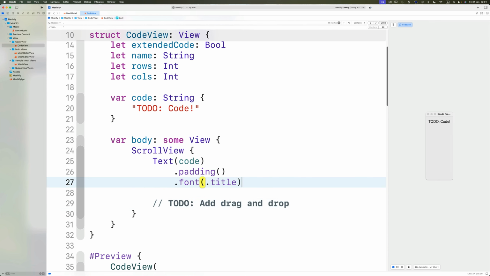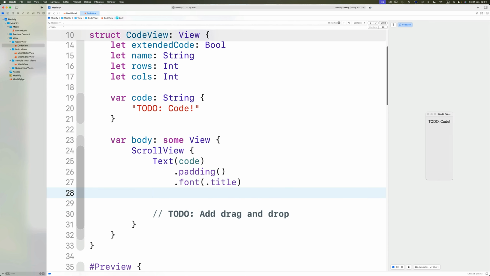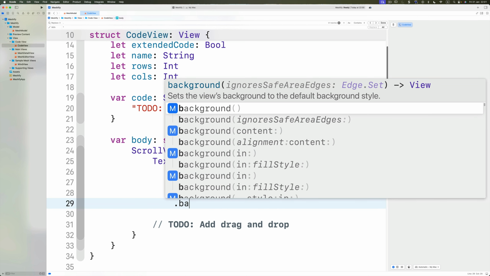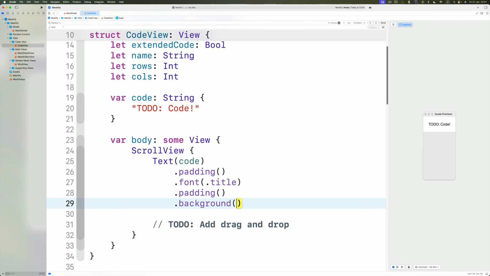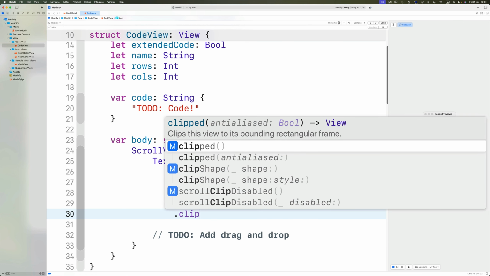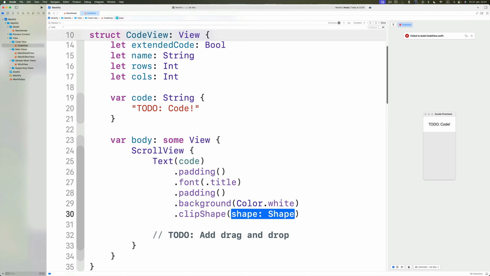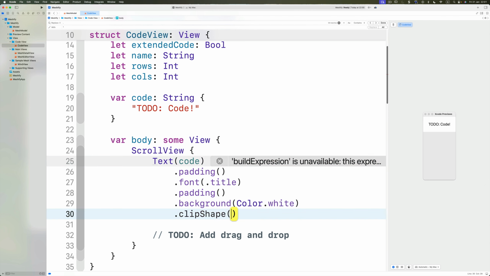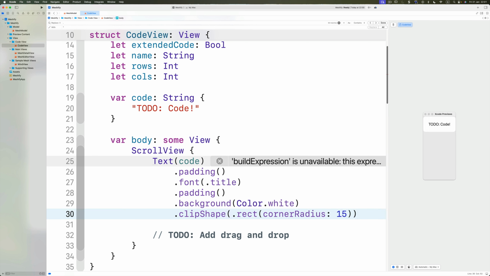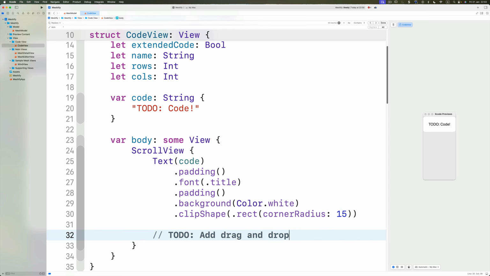It's actually quite simple, but we don't want to do too many things at one time. Padding, background, say color.white, and I want a clip shape of a rounded rectangle. So .rect with a corner radius of 15. Okay, wonderful. So let's move the to-do up over here. And now let's say